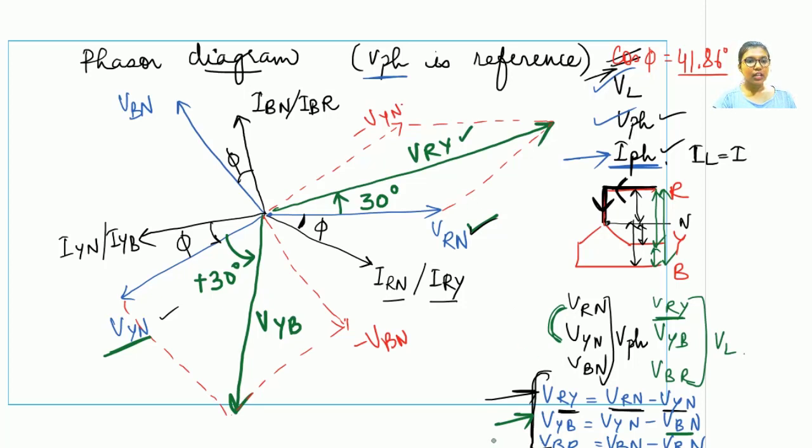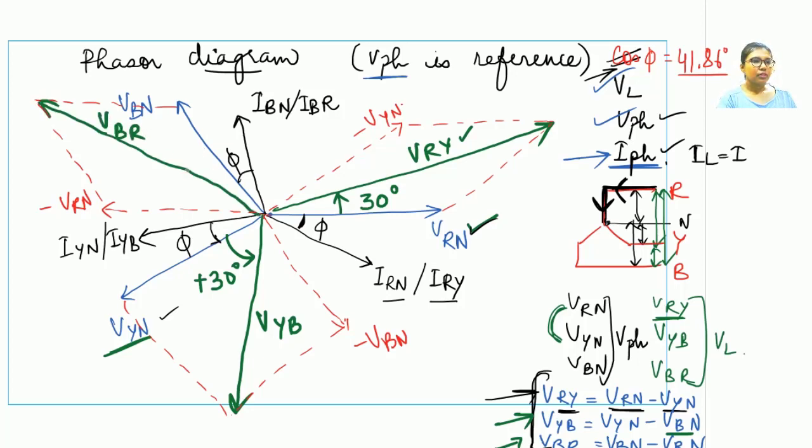Now moving on to the last line voltage, which is VBR. That is the phasor addition of VBN along with the negative of the R phase. So let us now draw the negative of R phase. This is minus VRN. A parallelogram has been made. This is the line voltage VBR. Now moving from the phase voltage VBN towards VBR, there is a phase lead of 30 degrees.